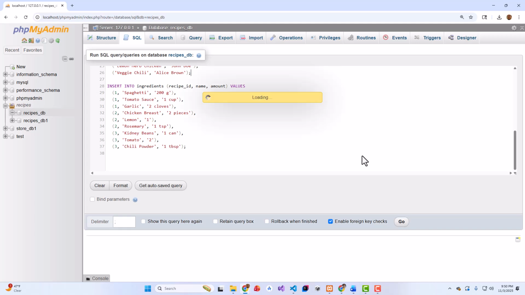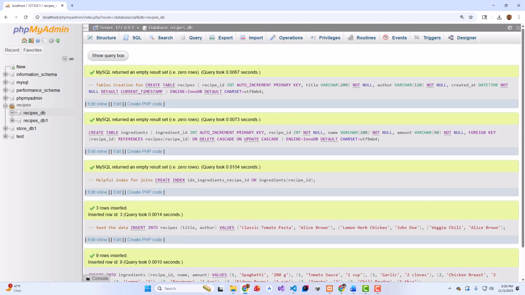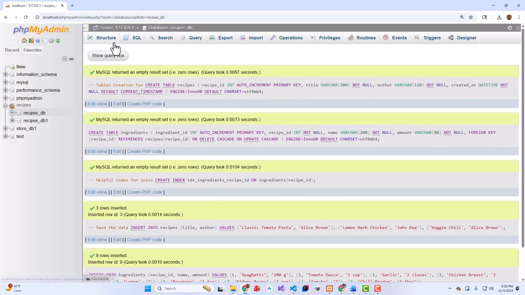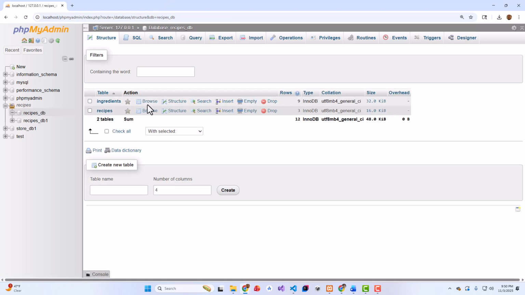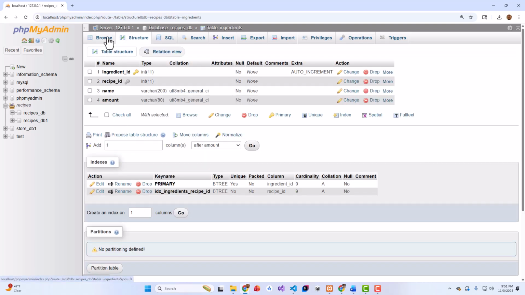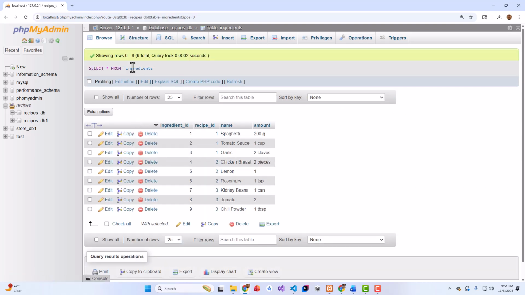I'm going to hit go, and you'll see that it shows that MySQL actually created all this fun stuff. And you should get, hopefully, no errors. Now, you can look under structure. You can actually browse the ingredients in here, and it'll show you all the data in here, which you can modify from here. And you could also go back to structure or browse and then look at, you can actually change the recipes